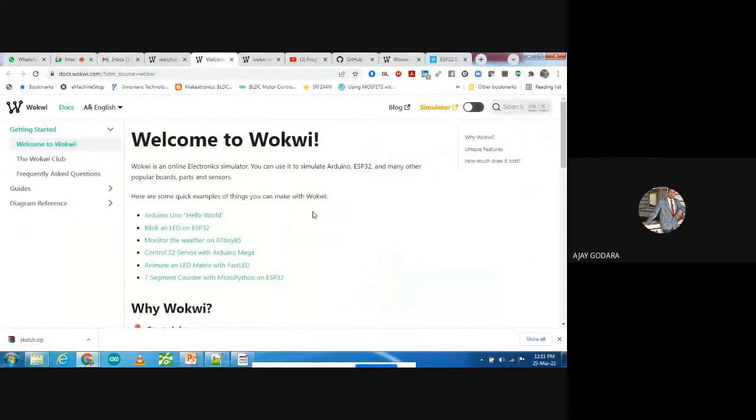In the documents about this board, because we have to use some code, you have to modify it in the diagram also. For that you have to refer to the documents. So you can check out the detailed document there. If you want to open any kind of simple code, like blink LED on the ESP32 board, Arduino Hello World, monitor the weather, control a servo motor, these are the different